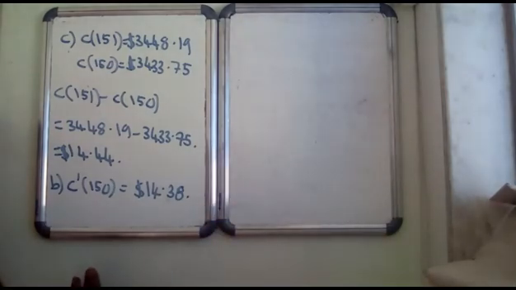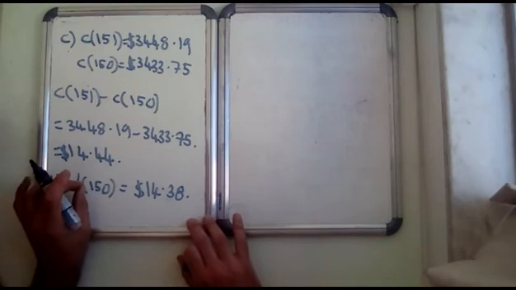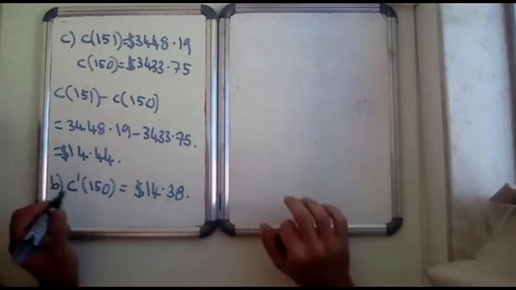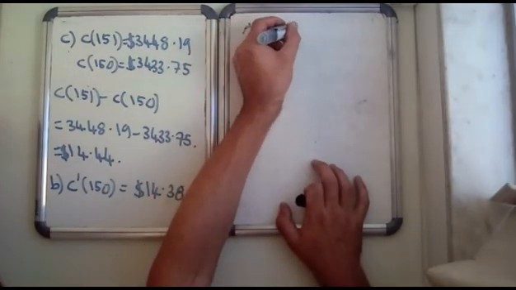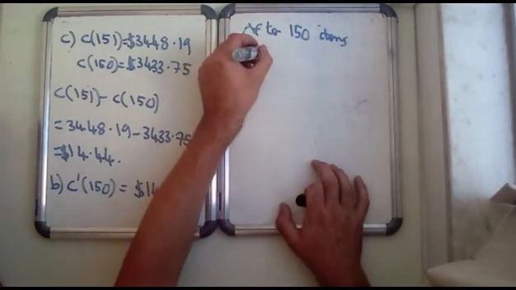So that's saying after you've made 150 items, this is an estimate because it tells you the rate of change of cost per item at the point. So once you've made 150 items, it should cost you $14.38 all in to make the next item. So after 150 items have been made,